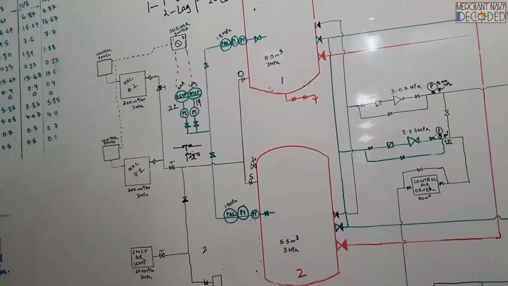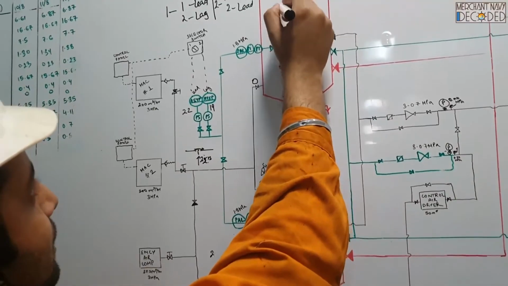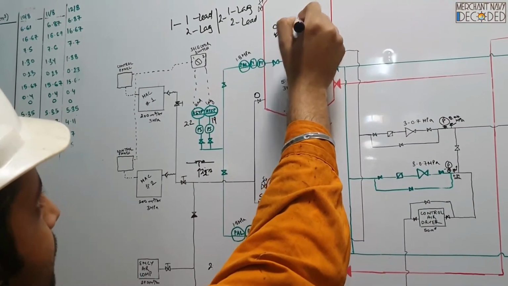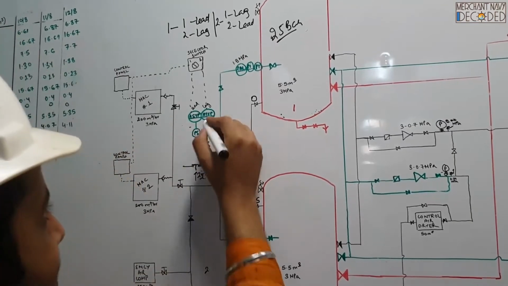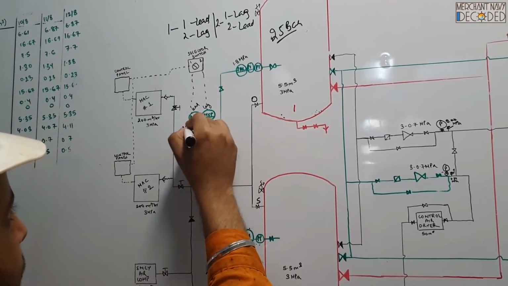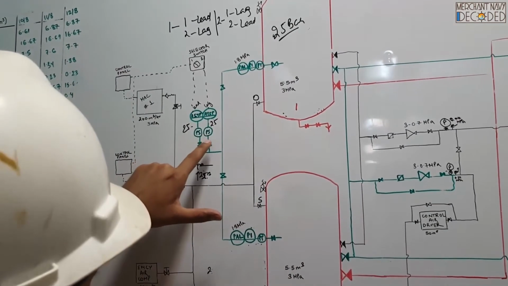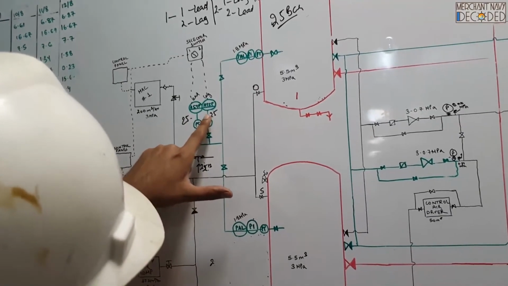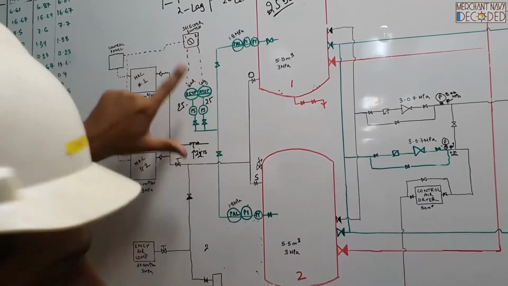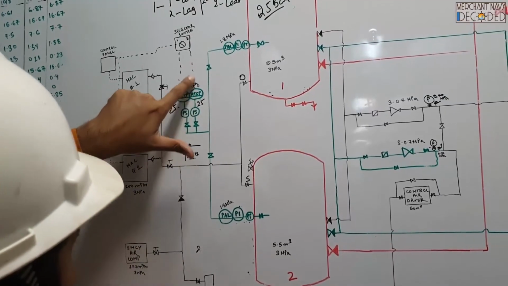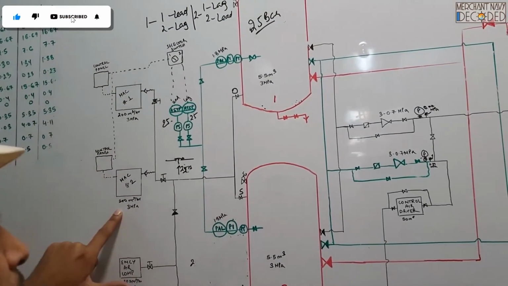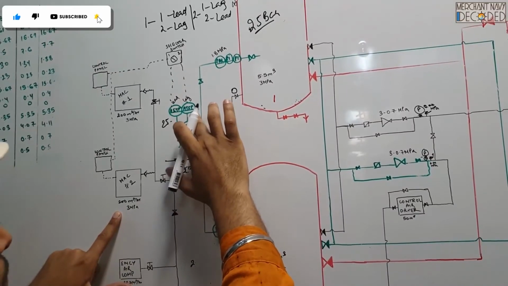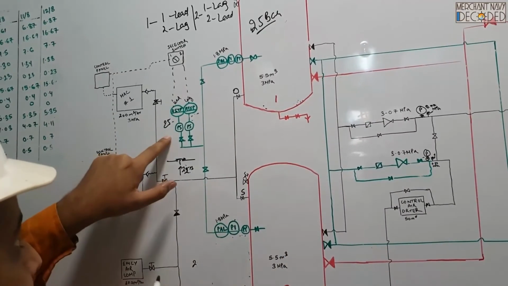Copied, guys? Now what happens is, suppose now my pressure reaches 25 bar. Now my pressure switch senses that the pressure has reached 25 bar, and this also senses 25 bar. Now my lag says when it comes to 25 bar, I will stop my compressor. 25 bar has come, so it gives a signal to number 2 compressor, you stop. So when 25 bar comes, number 2 compressor stops. But still my number 1 is running.